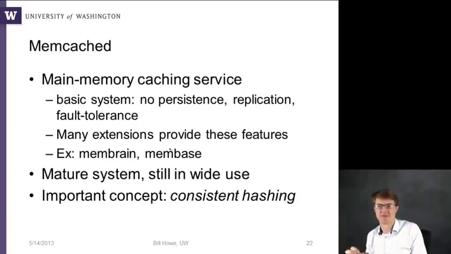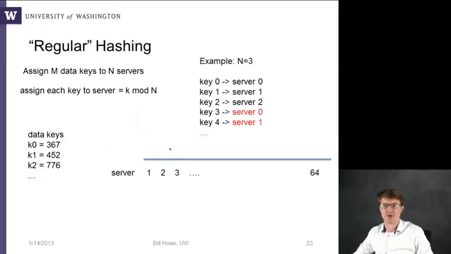And an important concept that they adopted in this context was consistent hashing. And so I want to explain a little bit about what consistent hashing is. So that's one takeaway from this lecture. Okay. So first,